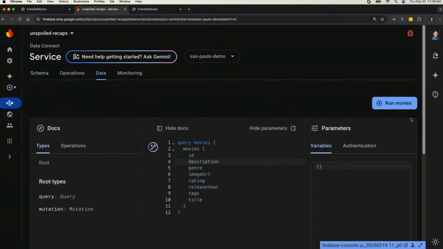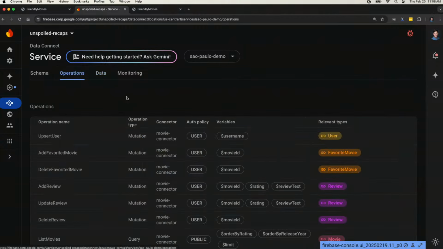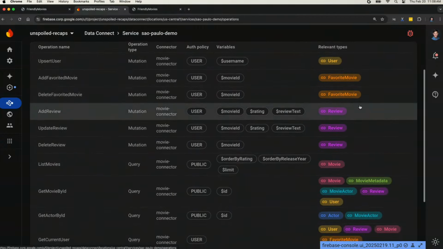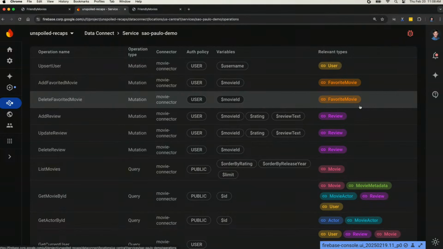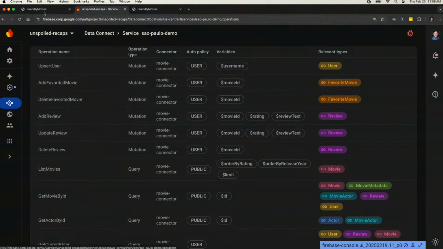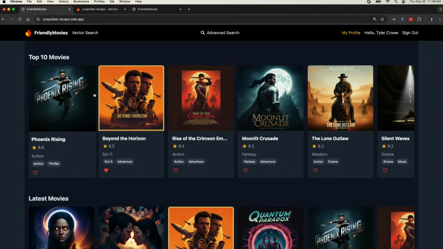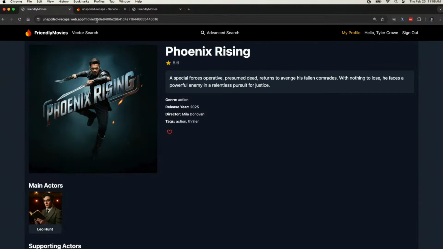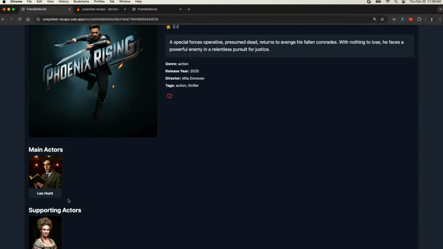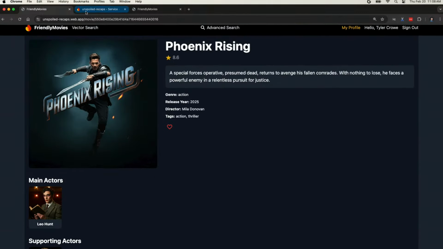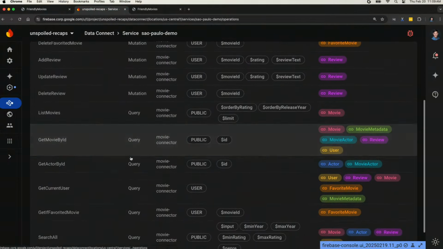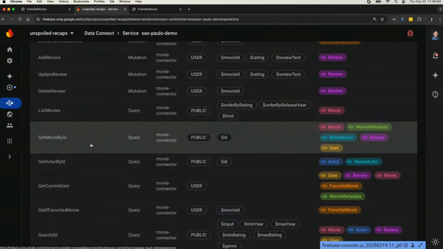Now, let's take a look back at these operations. This is our query-defined infrastructure. These are those APIs that power our application. So you'll notice when we looked back over here, there's our homepage, which has a list of top movies and latest movies, but you can click into a movie and actually see the information about a movie, the main actors, supporting actors, a description. All of these don't exist within the movie table. They require some joins. So we can actually go look at our Get Movie by ID, and looking at the Get Movie by ID here, you'll notice that these are the associated tables that it's pulling from.